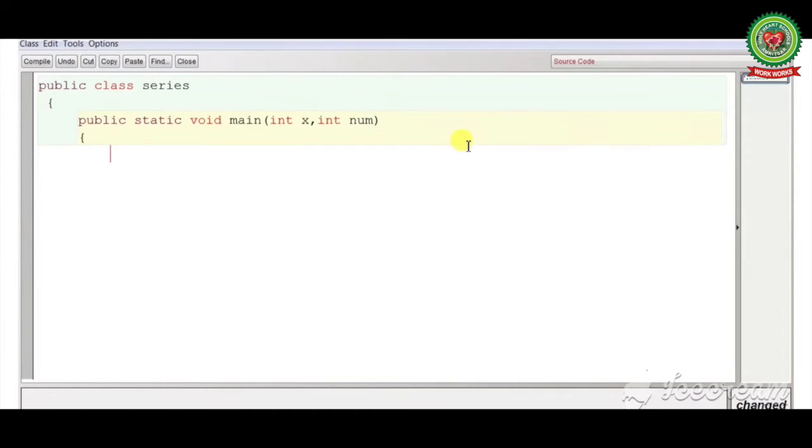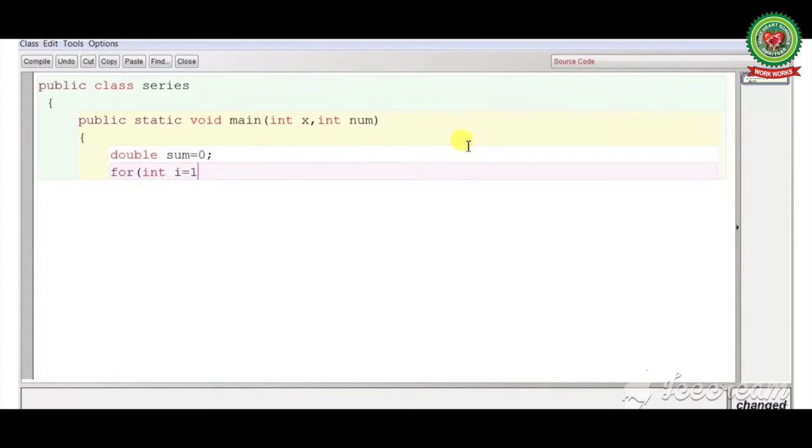So here firstly we will write double sum is equal to 0 because we have to do the sum of series. So at the starting we have initialized the value of sum, that is 0. Now we'll write for, round bracket start, int I is equal to 1.